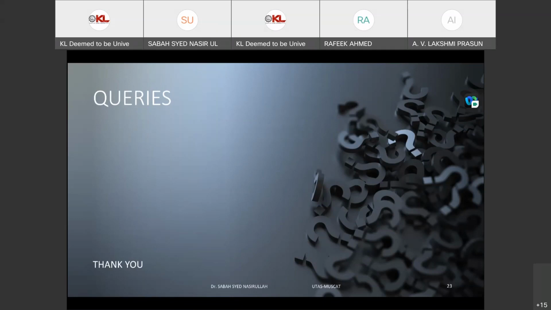In the aspects of security for IoT or for OTT, I think in Oman, I'm not sure about India, but in Oman we have this Nebula,